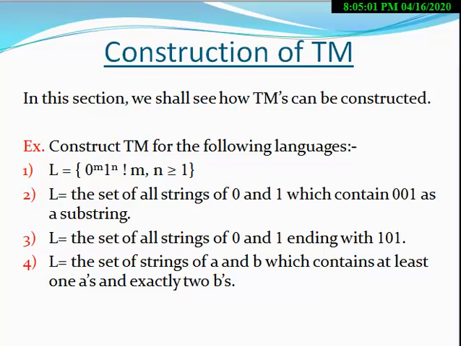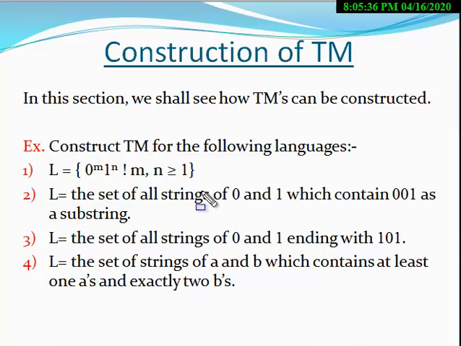That is, the procedure to construct a Turing machine will be very easy when the given language is regular. If the language is not regular, that is in the second category, then making a Turing machine corresponding to that language will be difficult, right? So first we will discuss the first category, that is when the given languages are regular.